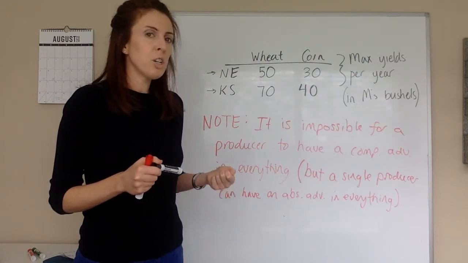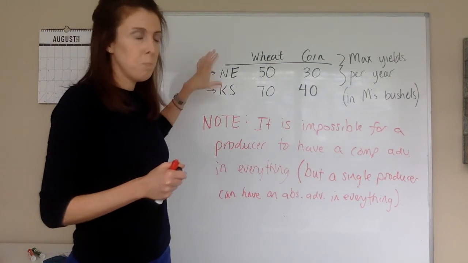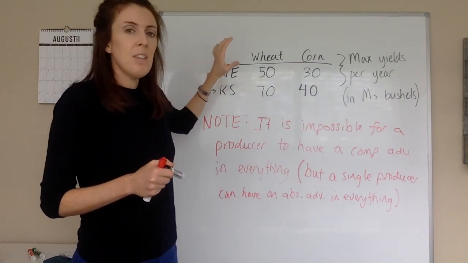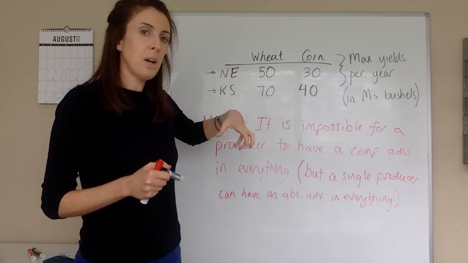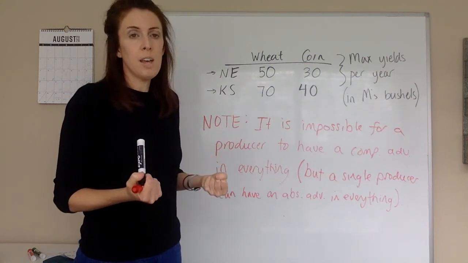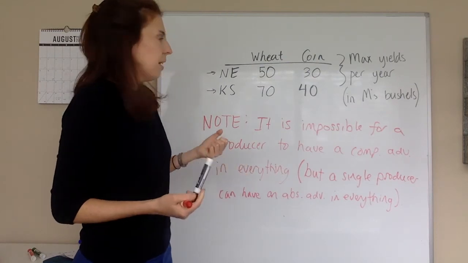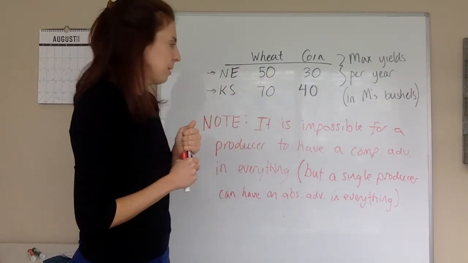And so what we're going to show next class is if you have places, and specifically countries, if we're thinking about international trade, then if each country specializes in producing the thing that they have the comparative advantage in, and then they trade, then the whole world ends up with more output to consume than if each country was trying to handle producing a subset of each of the things and then not trade.